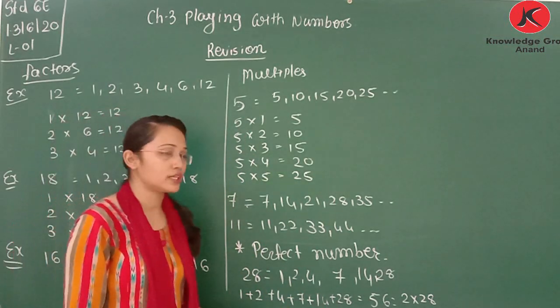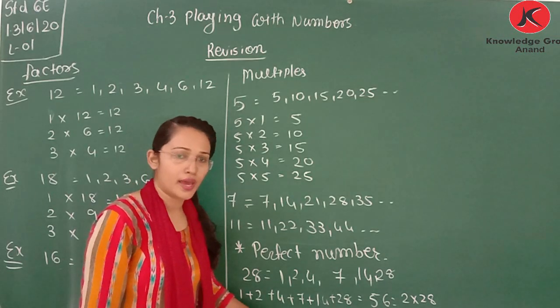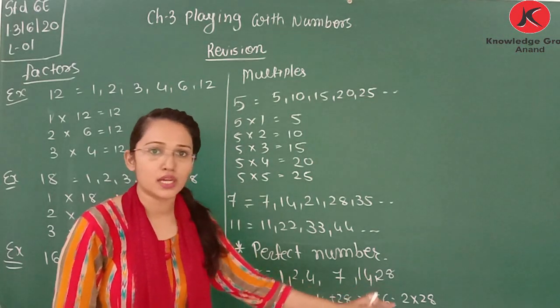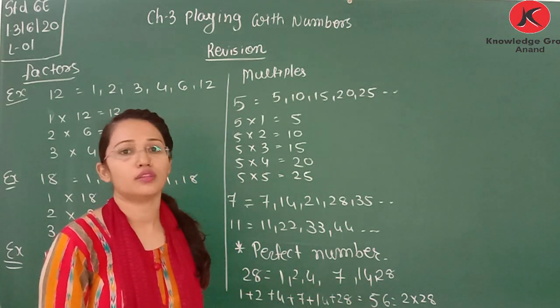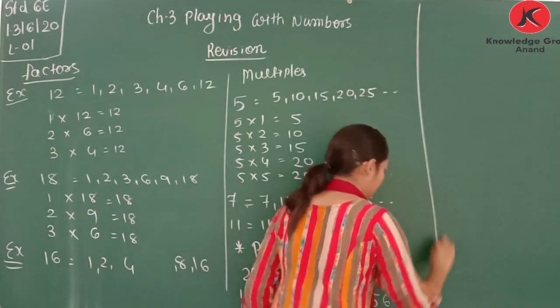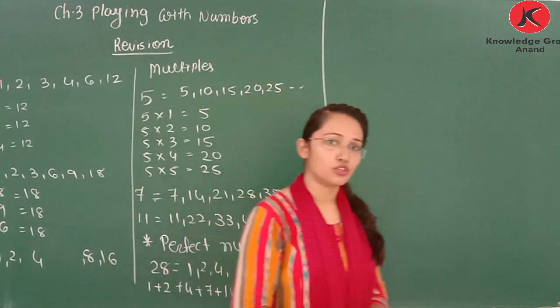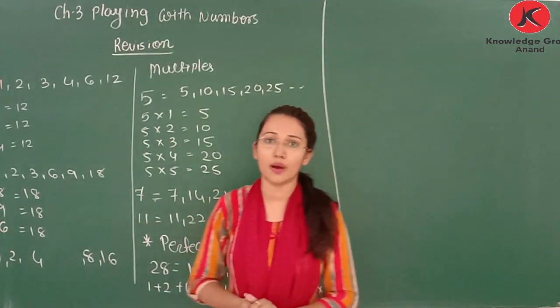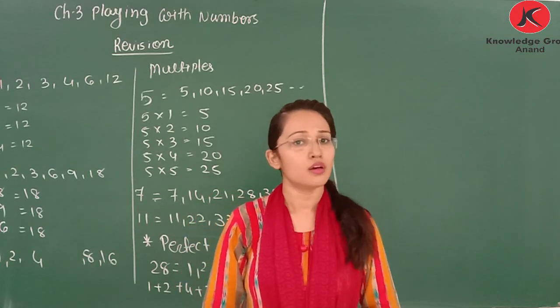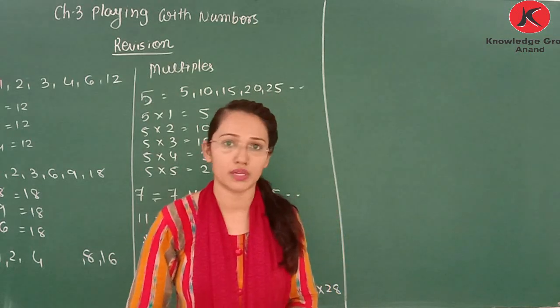This kind of question can be asked as fill in the blank. If the sum of the factors of a number is twice the number, then it is a blank number. It is called the perfect number. After that, we learn the divisibility rule. We solve many examples using factors and multiples. Find the factors and multiples of a given number. Then we learn divisibility rules.